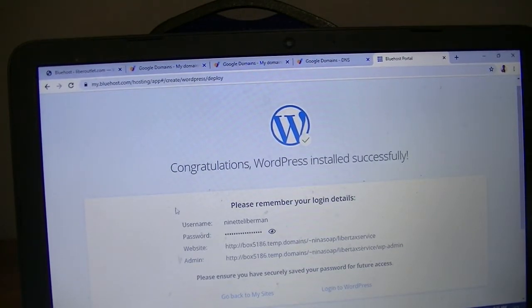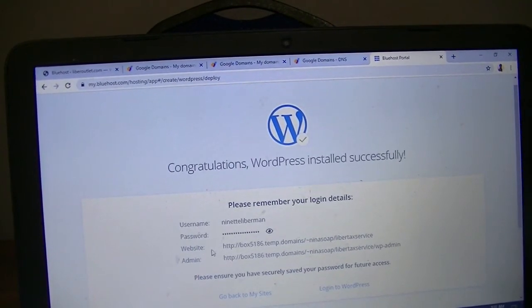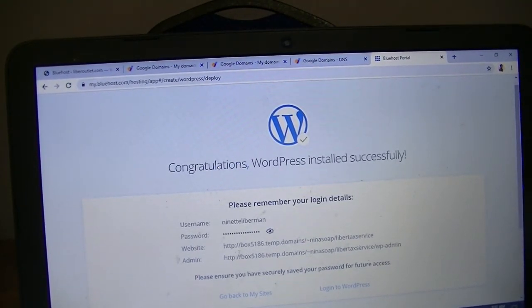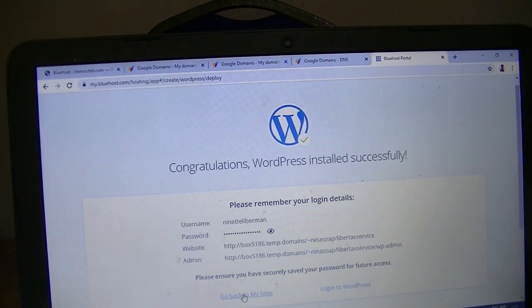So you can see here that it's showing me a website with those weird things. So that means when I go that route, I have to go through some trouble to change it. So what I'm going to do is I'm going to go back